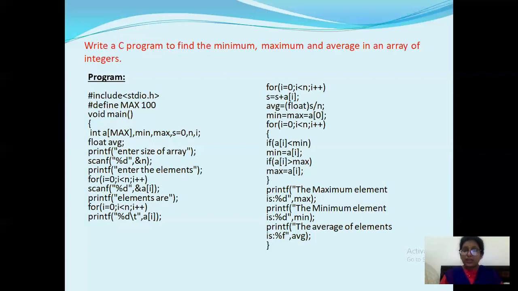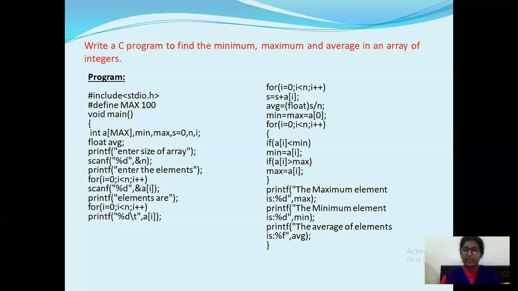Again increment your i to 4 now. The element at that position is 50. So 50 less than 10, false. Then 50 greater than 10, true, so you need to change your max to 50. Like that, again increment your i to 5 now. 5 less than 5, the condition is false in the for loop, so you will be coming out. So you have not changed your minimum value. The minimum value is obviously your a of 0 value, but your maximum value is your a of 4 value, that is 50.